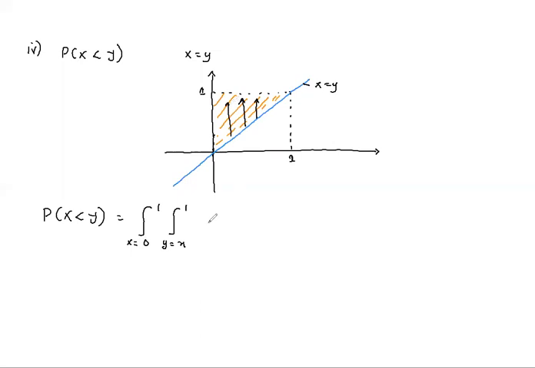So the function x plus y dy dx. So that we get x is 0 to 1, and then you have xy plus y squared over 2 from x to 1 dx. So this becomes 0 to 1, x plus 1 over 2 minus x squared